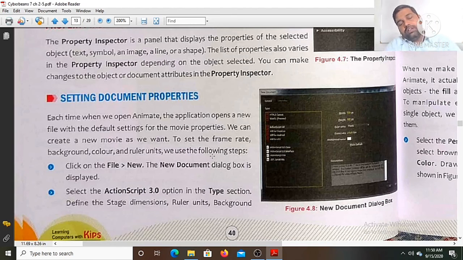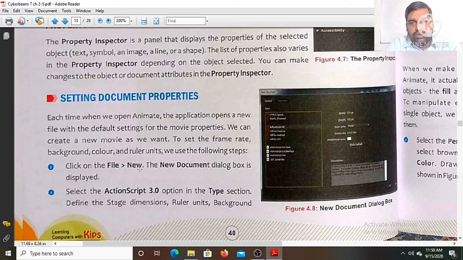Every time you open a new Animate document, it opens with the default settings. Already some settings are there for the movie properties. But if you want to modify those settings, if you want to set the frame rate, the background, the color, or the ruler units, how do you change them?